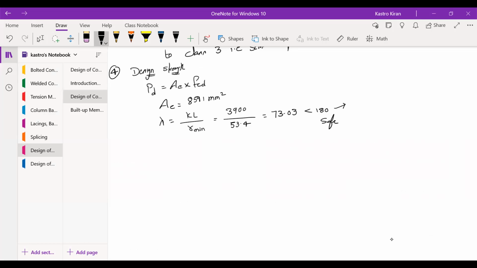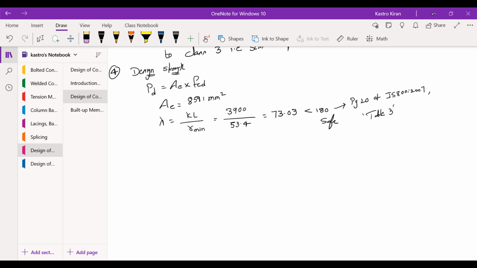Okay, so you can make it as page 20 of IS 800 2007. So specifically, what is the table number? It is table 3. Okay, so the lambda value also we have got. Now, how will you find out the FCD value? You need to find out the FCD value, right? So how will you find out the FCD value?